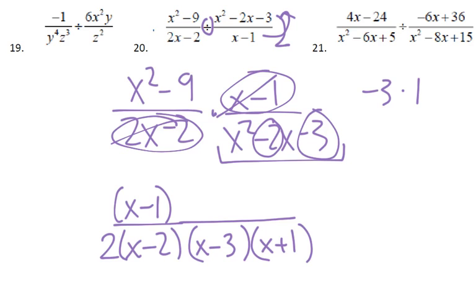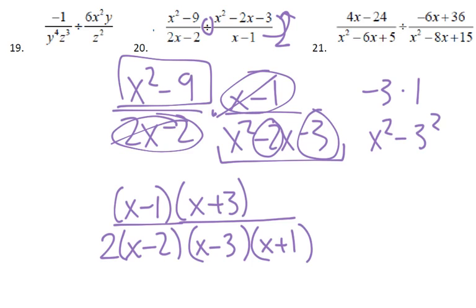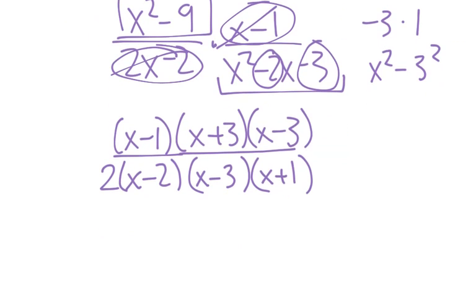Okay. Then x squared minus 9, well that's like x squared minus 3 squared. So it would be x plus 3 times x minus 3. Okay. And then we look to see what we can eliminate. So can we eliminate anything else? Just the x, oh, not that one. The x minus 3's. So we end up with,